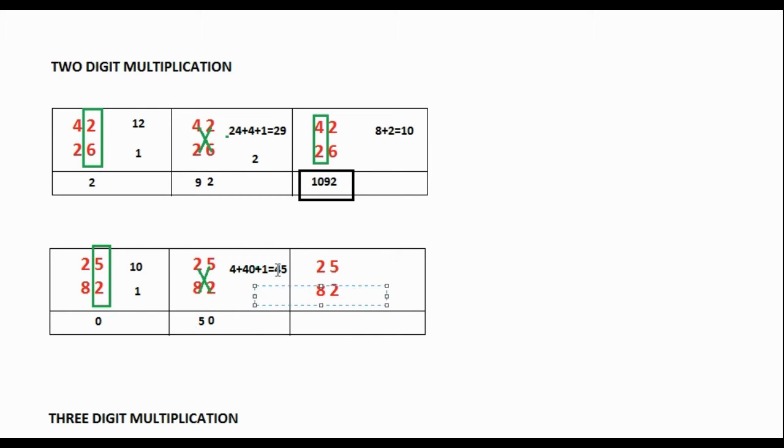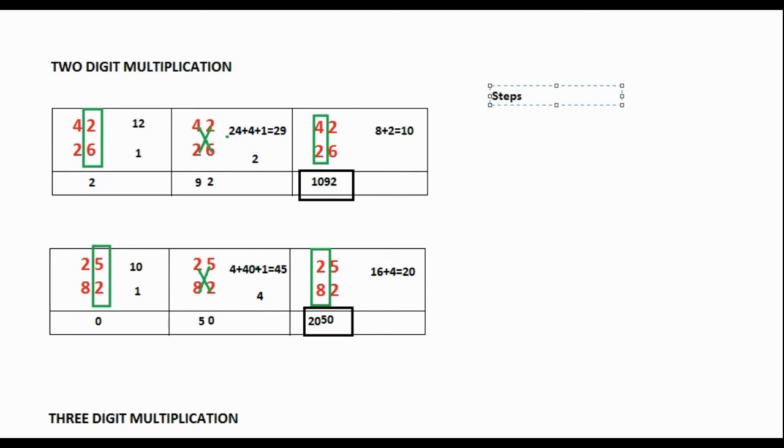So in the final step, we are going to multiply numbers in the tens digit. So now we are going to multiply 2 and 8. 2 and 8 will give 16. We already have 4 from the previous step, so we get 20. Just write this 50 from the previous step and write this 20 just before this number. So our answer will be 2050.